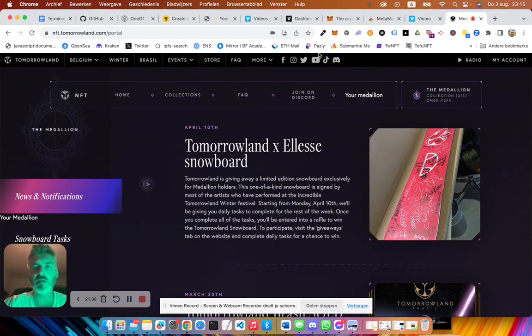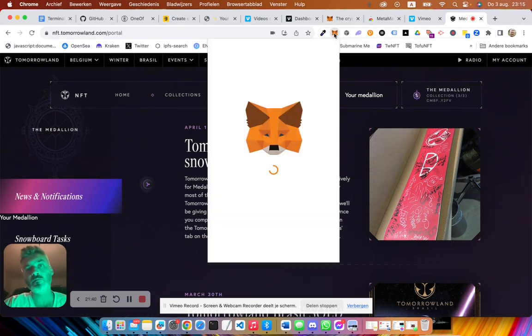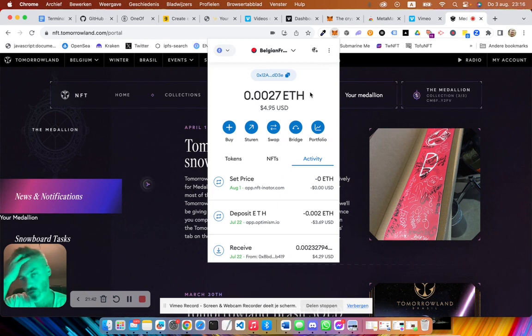Now I'm going to show you something else. Some applications are going to require transactions. That's why you can see that I have small amounts of money on here, right? Now there's two ways I can get money on here. The complicated way is that I'm going to transfer tokens from another account to here.